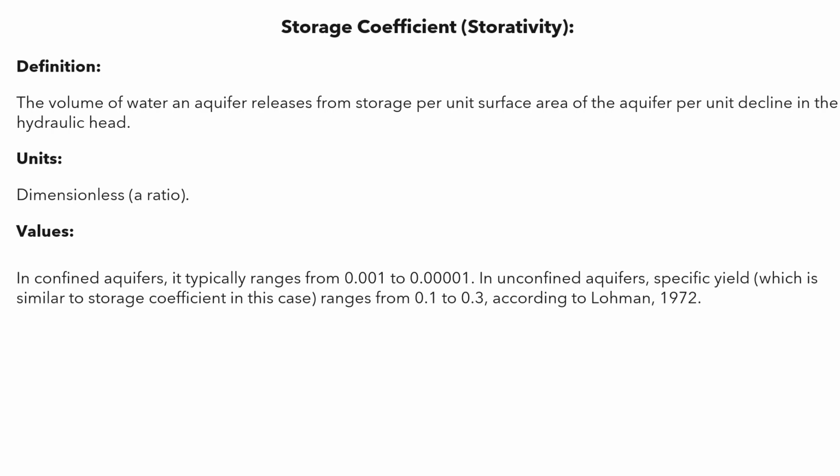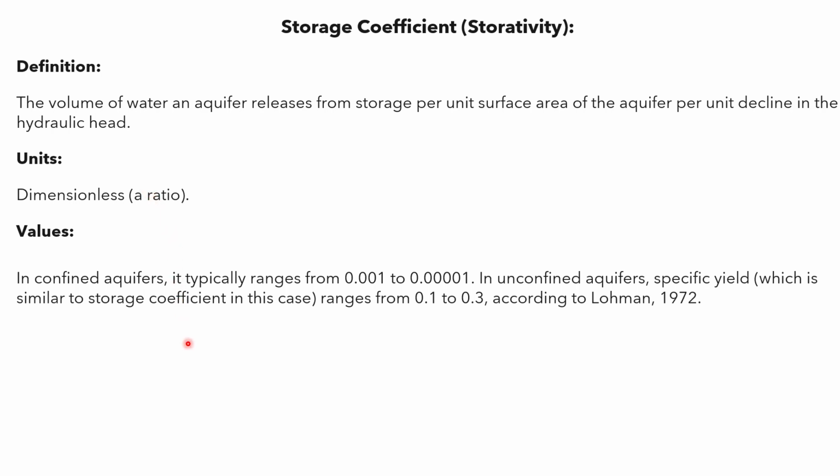We'll see some of the definitions related to groundwater terminology. The storage coefficient, which we'll also call storativity, tells us how much water an aquifer can release per unit decline in hydraulic head. It is a dimensionless value. Typical values for a confined aquifer range from 0.0012